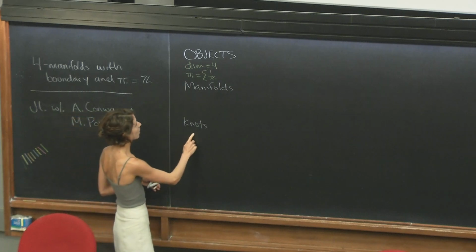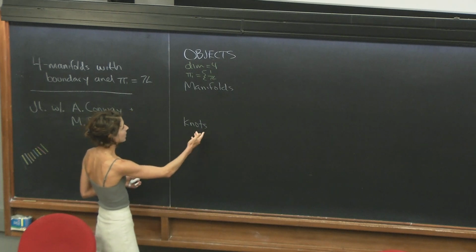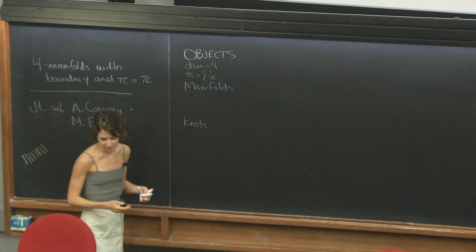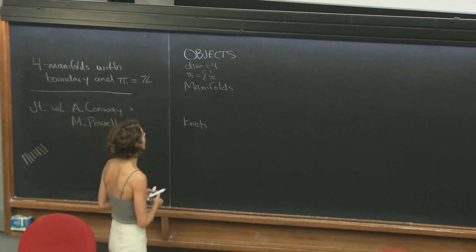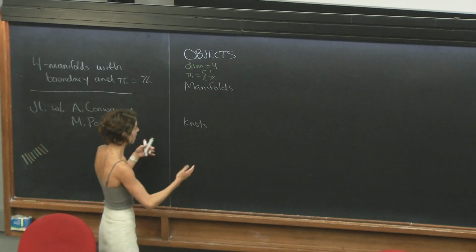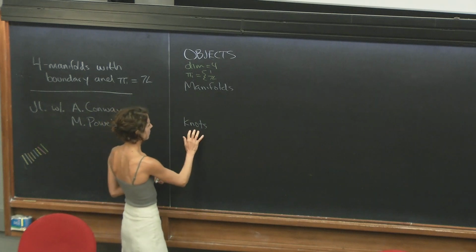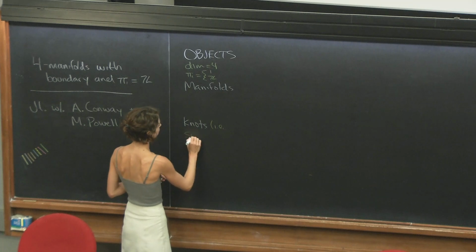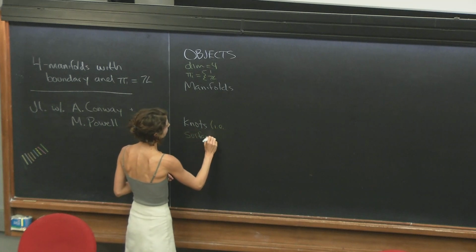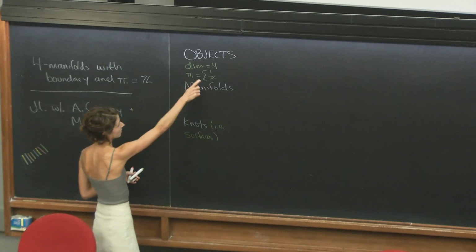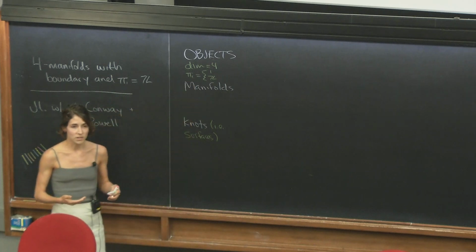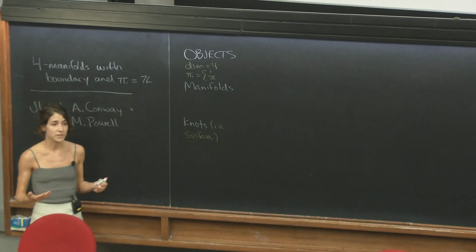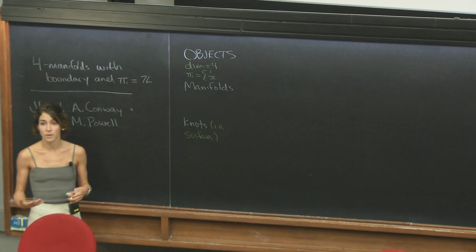Some comments about what knots mean. Dave made a compelling case yesterday that codimension 1 is an interesting place to study knotting, but I'm, again, being less original. Knots will be codimension 2, so you might want to think about this as surfaces. Just like in classical knot theory, when I talk about the group of a knot, I want to talk about its complement. So all of my surfaces are going to live in simply connected spaces, and when I say the group of the surface, I mean the group of the complement.